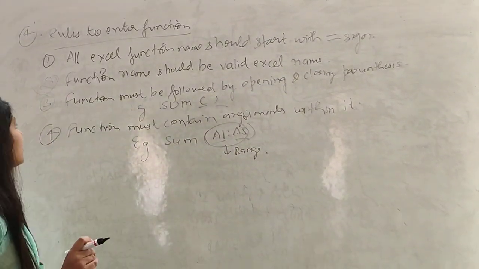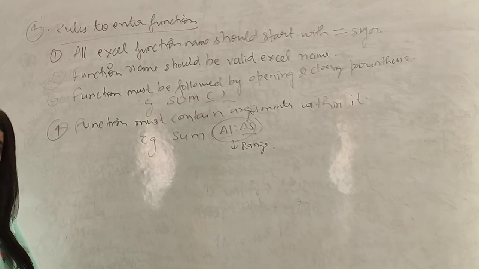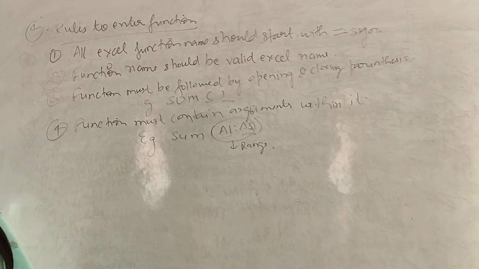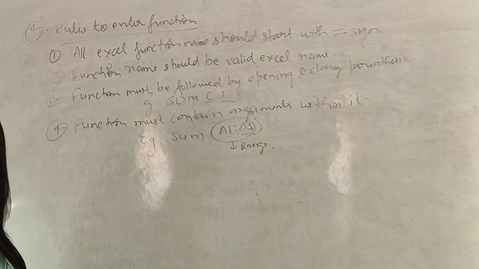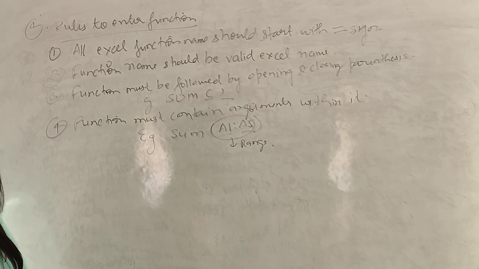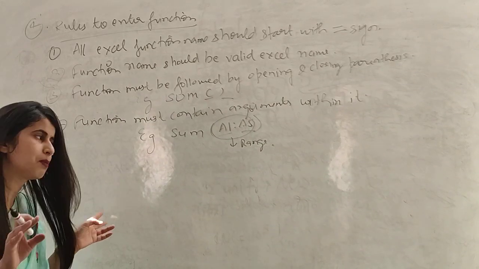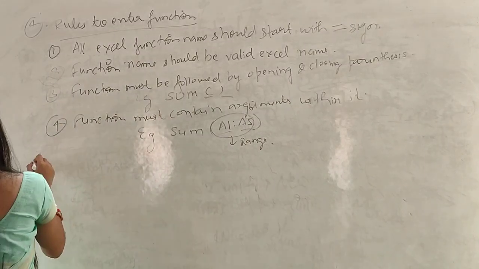So the answer is first is all Excel function name should start with equal to sign. Function name must be a valid Excel name. Function must be followed by open and closing parenthesis. And the last one is function must contain arguments within it. Means in these brackets we must contain arguments. Okay. Next question is